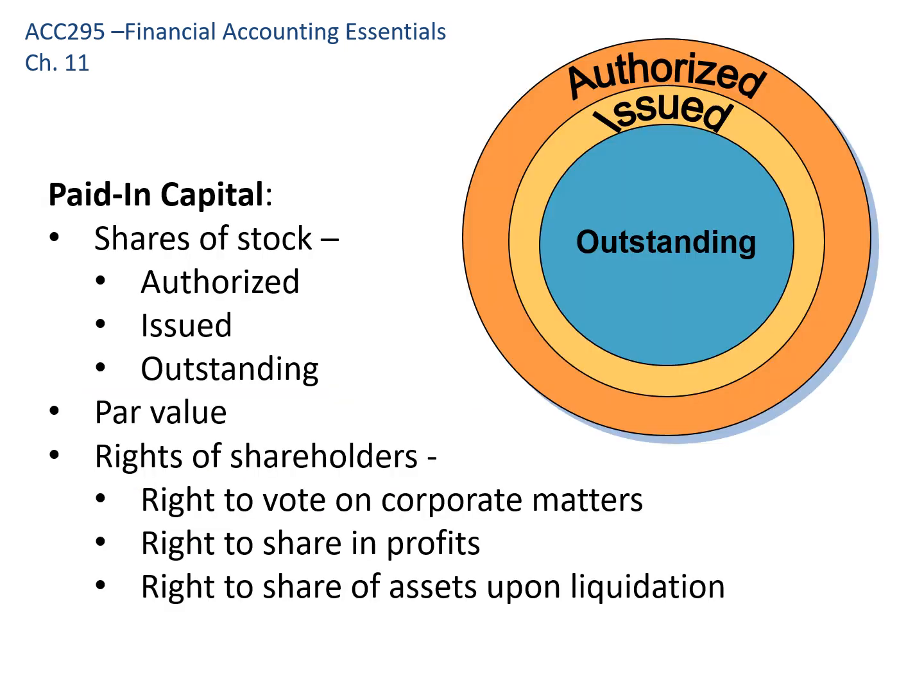Now, paid-in capital consists, as I mentioned, of the money we've received for shares. And the number of shares that exist in a corporation is really an important thing to understand. So the largest pool, or the largest circle shown in that diagram there, is the number of shares that are authorized. That's the number of shares that the board of directors has told management you can issue up to this many shares before you come back to us and ask for permission to issue more. So they may authorize the board to issue 1 million shares, as an example.